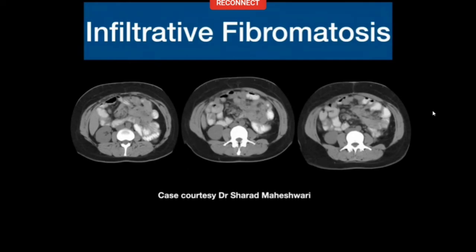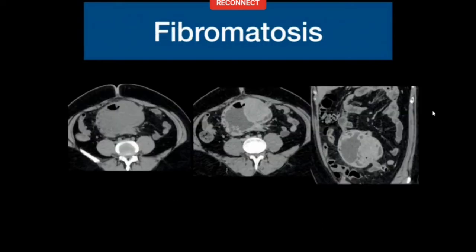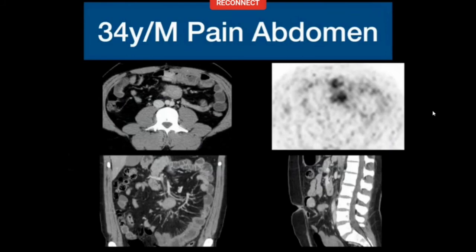But when I was reading for this talk, I came across lots of cases where patients who had Gardner syndrome and had any kind of surgery would then present with a mass like this. So fibromatosis can also present like an infiltrative mass, and please keep that in mind when you are looking at these infiltrative masses. Sometimes this was diagnosed as a GIST by us, and we thought GIST can look like this in enhancing tumors, well-defined mesenteric tumors which perforate into the bowel, but this was also a case of fibromatosis. So fibromatosis can also present with small bowel obstruction and perforation of bowel. Keep that in mind whenever you are discussing a case.